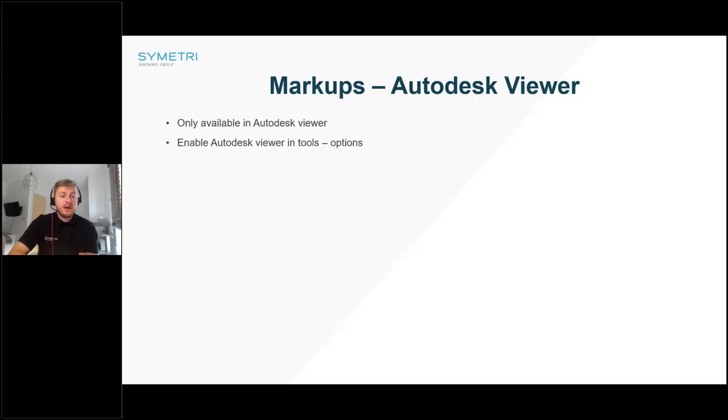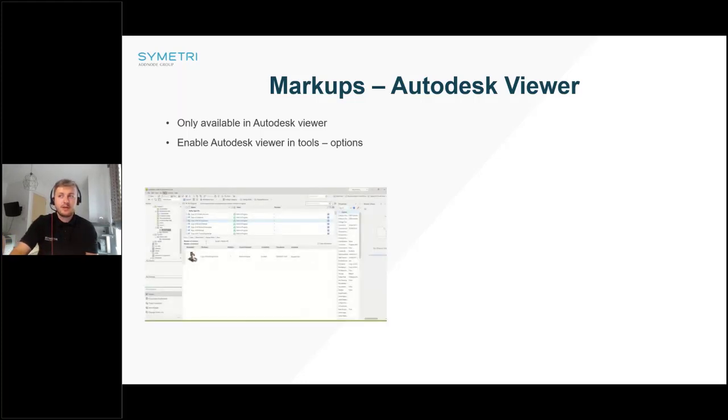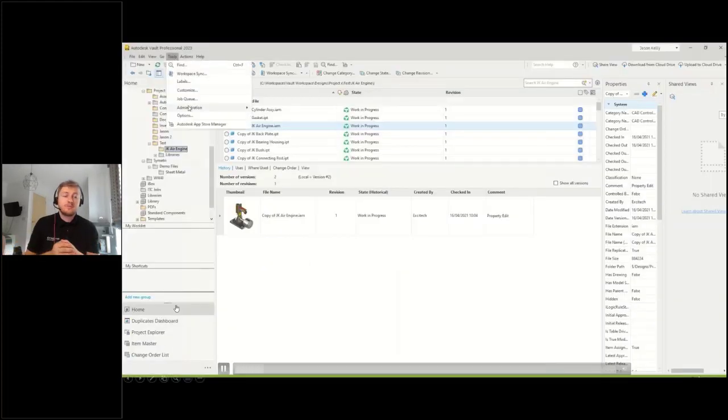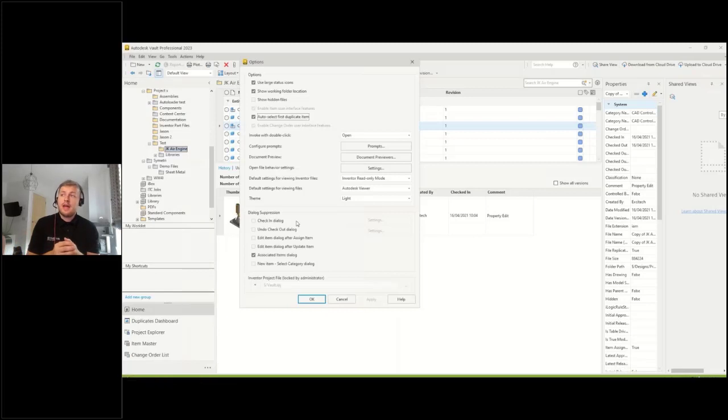So the Autodesk Viewer is not a replacement, it runs alongside the Design Review software. You've now also got the option to switch it to the Autodesk Viewer, which was previously an online viewer. You've now got it available in your Vault client itself. Okay, so let's have a look at how we can turn that on. All you're going to do is go into your Tools and then your Options, and then under